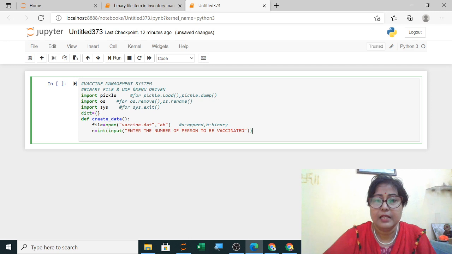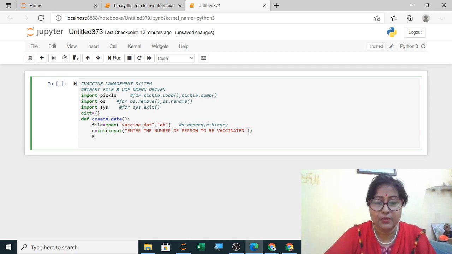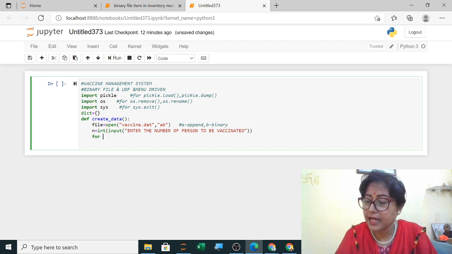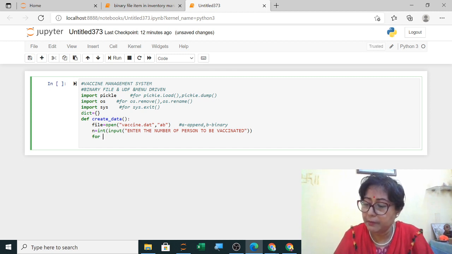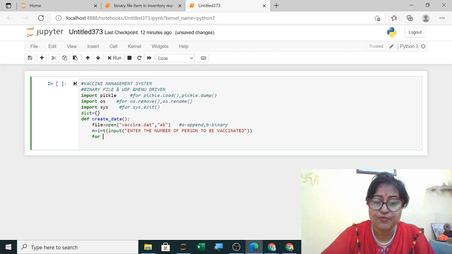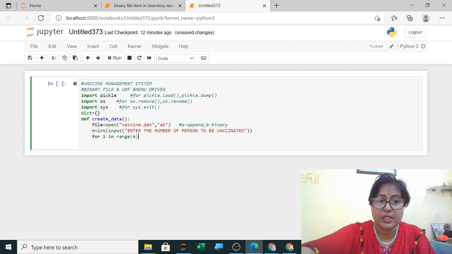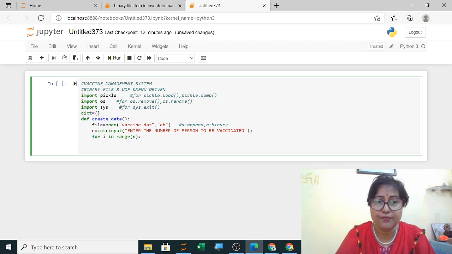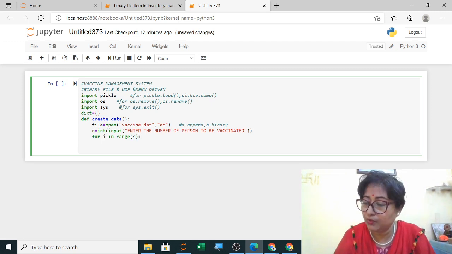Now after taking it, you will use a for loop, and that many times, suppose in that family 4 members are there. So for i in range n. So this for loop will be executed 4 times, as many number as you will enter.